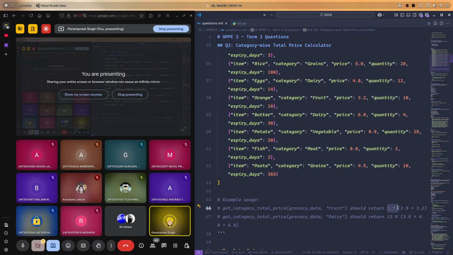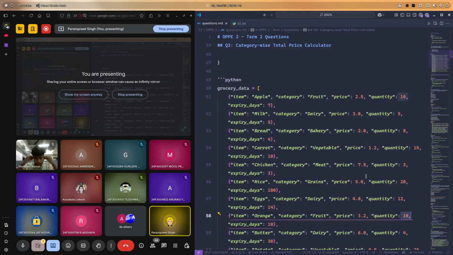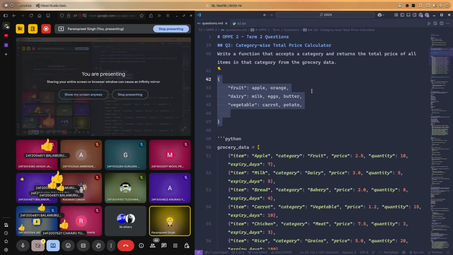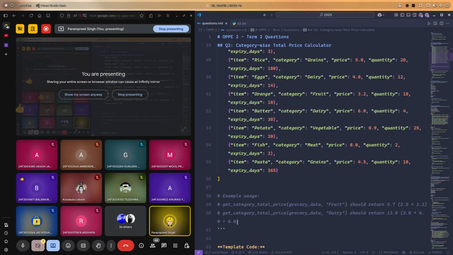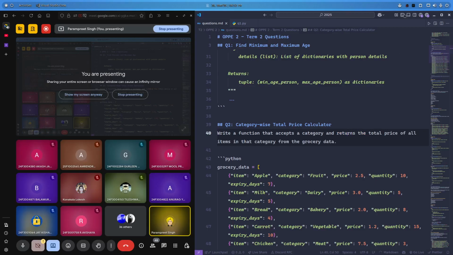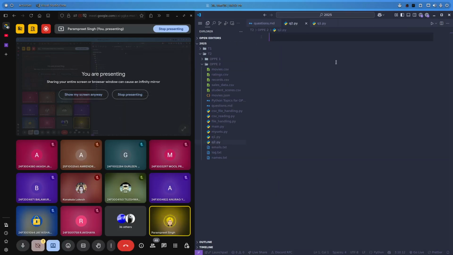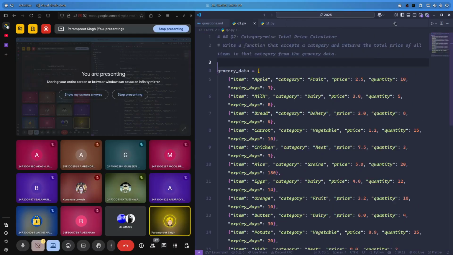It should return 57 instead of 5.7, because we have quantity as well. Is it clear to everyone? I know it feels a bit complex, because we are creating another data structure here, but that will be fine when we start the question. So let's start question 2. Question 2.py, and yes. Okay, first thing first,